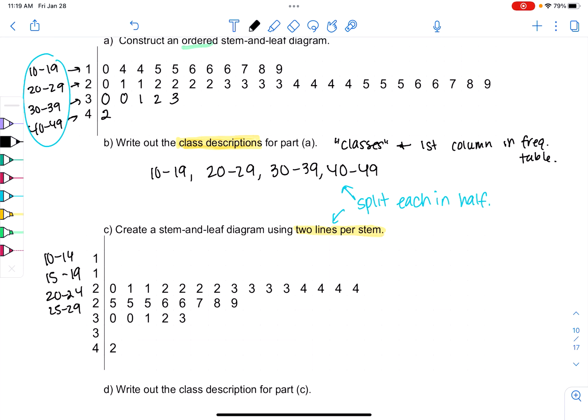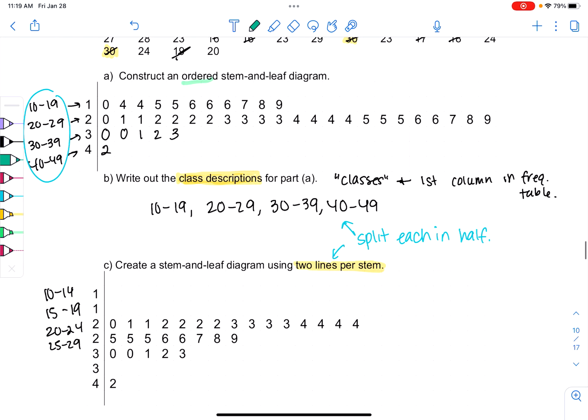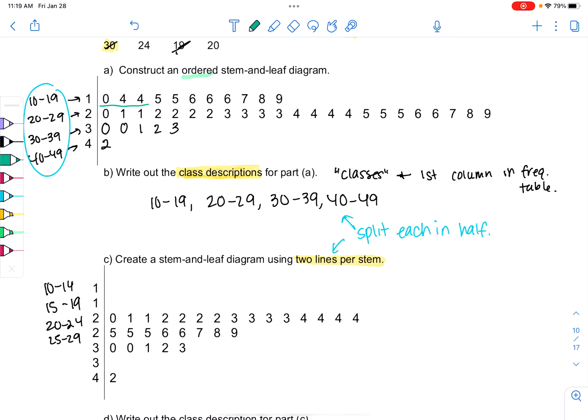So we can just use the graph above to figure out what goes in each row. We don't need to use the raw data since we already have the graph. So we're just going to split these up. So the ones would now be 0, 4, 4. And then everything bigger than 4 goes in the next row. So 5 through 9 goes in the next row. And sometimes it's just an easier graph